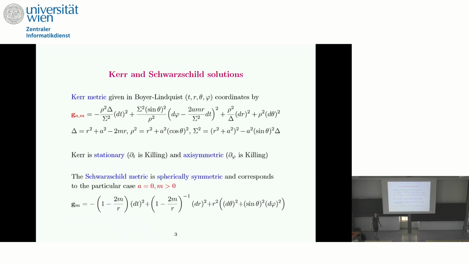So this is the Kerr family of solutions. And in fact, it turns out that they contain, as a subfamily, the Schwarzschild solutions, which were found much earlier. Let me start with Kerr, even though, of course, historically, Schwarzschild was found much earlier. Here I'm going to write this family of solutions in the so-called Boyer-Lindquist coordinates, which are simply the spherical coordinates of R^{1+3}. In this case, you get the following formula, which is a bit intimidating, but fortunately, it's not relevant for